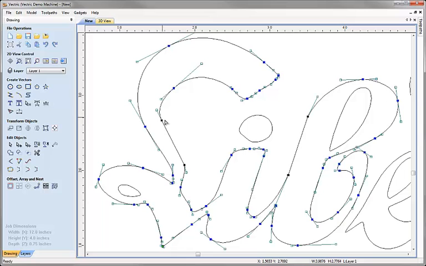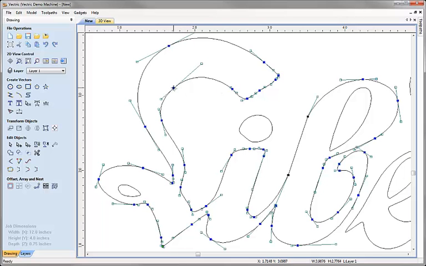If I move that back up again, I might want to smooth this. I can right mouse click on it, choose the option to smooth point. I could come down to this one, right mouse click and say smooth point. And now what I could do is just drag these control handles to introduce some curvature into that particular part